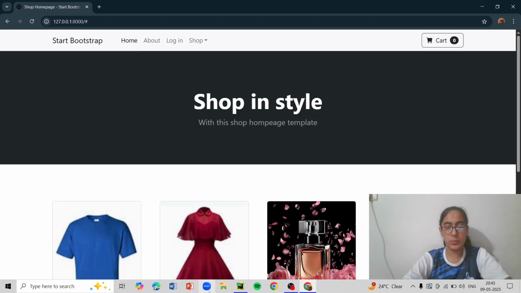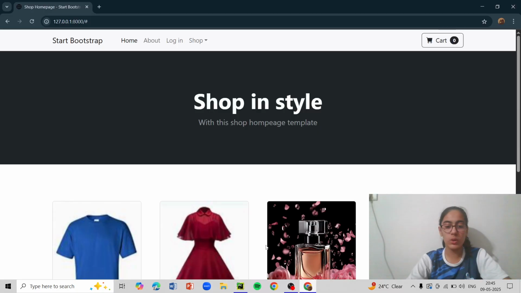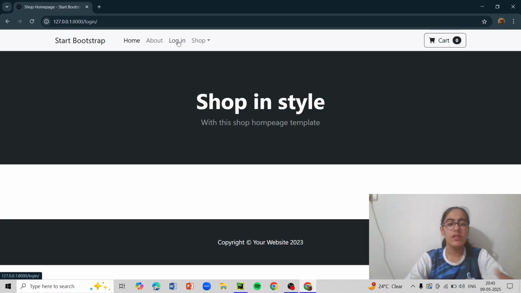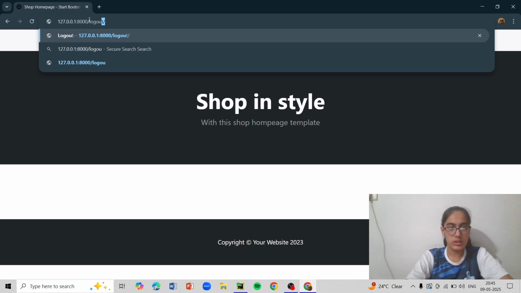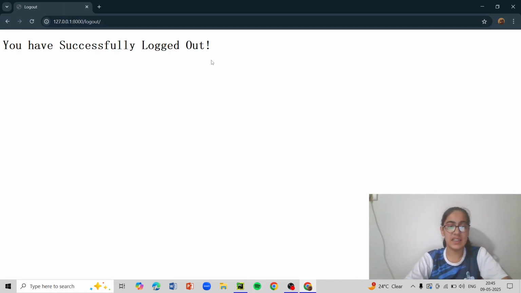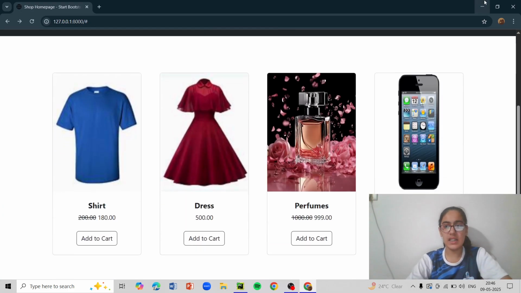So firstly I'll show you my code. Here I have this login page and this logout page. This is what I created on my own. Now if I go over here, you'll see this login. If I click here, for now it will just show this, and once I click on logout, I'll just go over here and search logout. It will just show you have successfully logged out, but I want to go back in right now. So here we go, login, and this is the page you'll see.